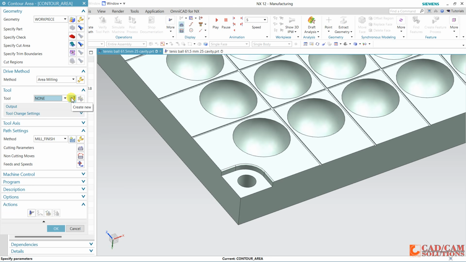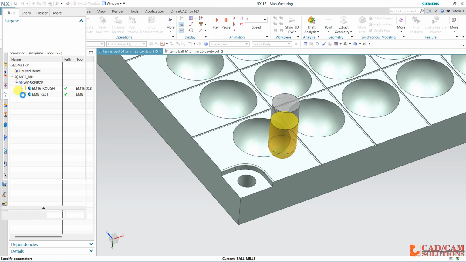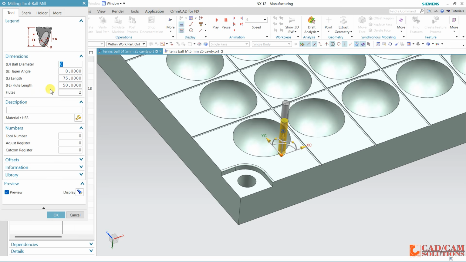Now tool. This time I'm using a ball mill. So ball mill 8, 8 is a dia. Okay, and 40 length, and tool number 3.